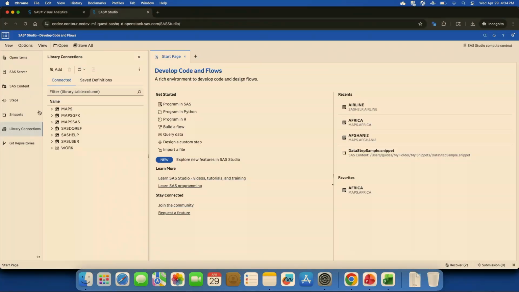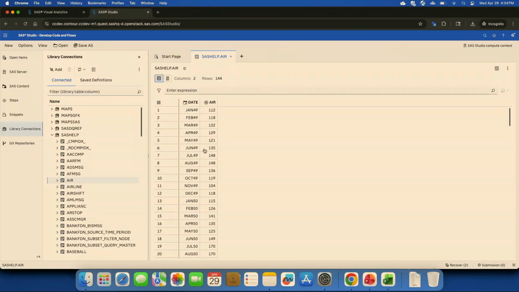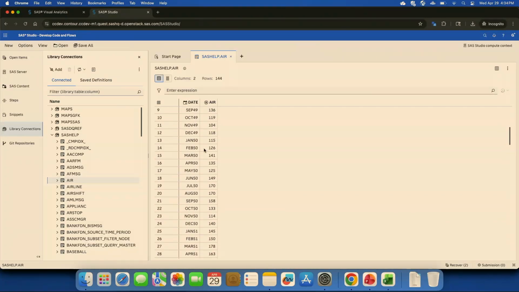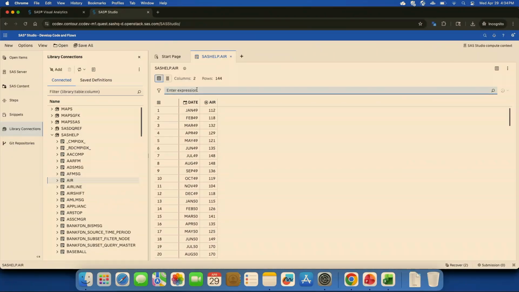So when you have your library connections, you can pull up any of them and say I want to look at SAS Help Air. I can just double click on that. It pulls up the data viewer here, and you can scroll through and look at the data. It's a little less performant in terms of scrolling here. It's pulling down from the compute server, so that's a little bit different, but you can still view very large tables in the data viewer here.